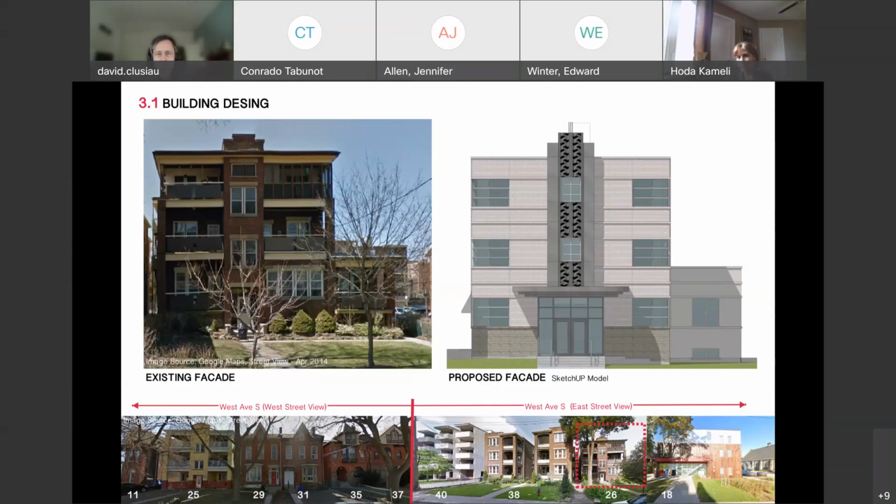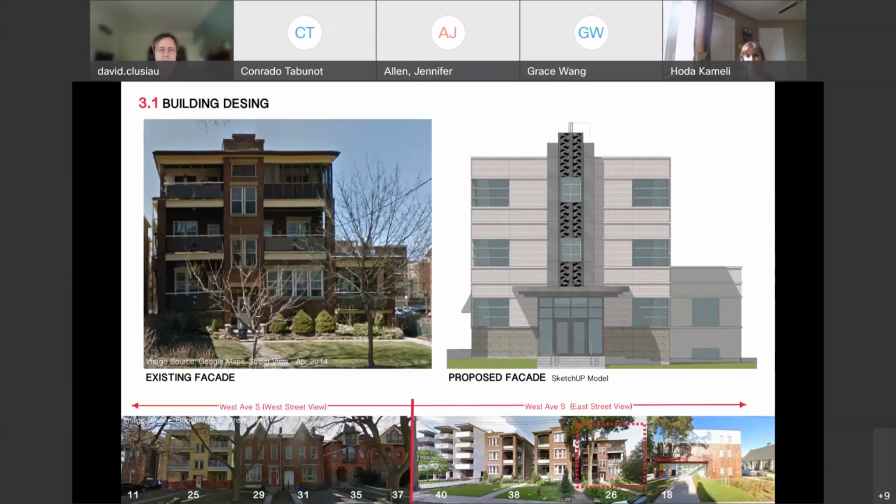This is Grace Wen here. If you don't mind me jumping in, Conrado. Sure, go ahead, please. Yeah, the reason is that if it goes up to 3 stories, A is access. We don't really have access to the back. B is it will block windows of the other units on the upper floors. Okay, so it seems that you wanted to change the interior design as minimally as possible to keep the existing. Correct. Okay, thank you. That's enough from me.